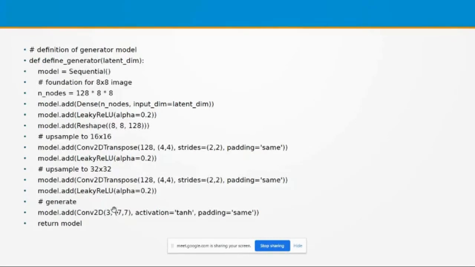Then from these 128 feature maps, we generate the image consisting of 3 layers. That is a color image. These are the different statements to be included in the generator model.